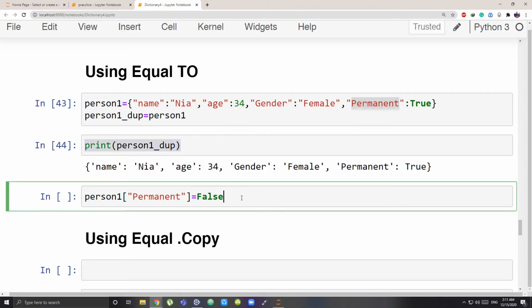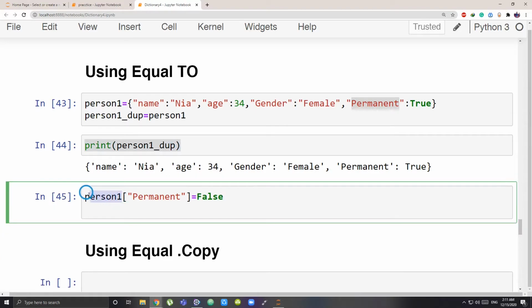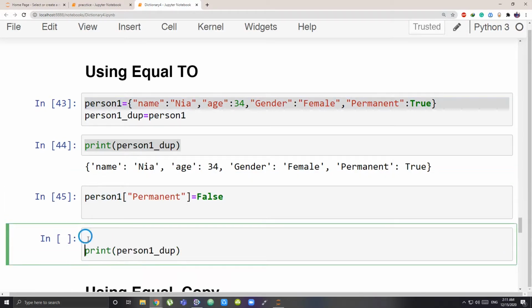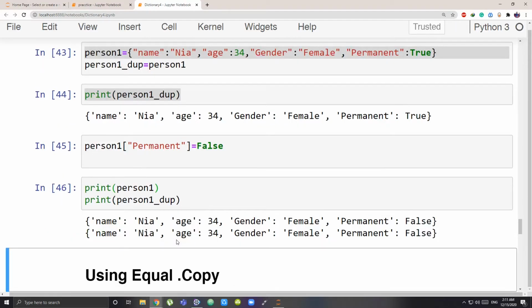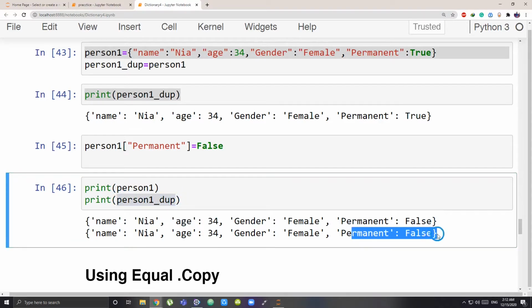Please note that I am making this change to the original one, that is person1. Now let me print both my dictionaries and see how this change has affected both of them. So person1, my first dictionary, is printed. Its permanent has changed to false, but the duplicate one's permanent has also changed to false.